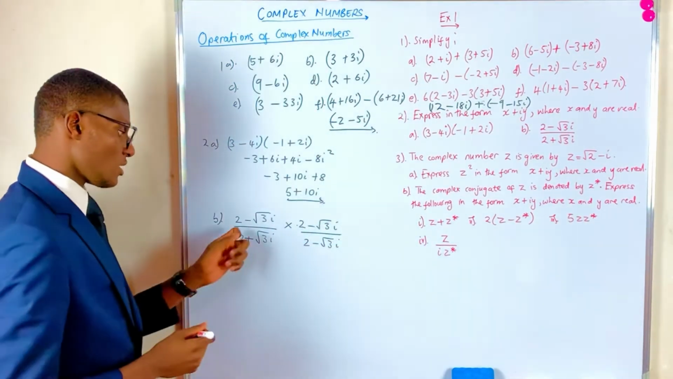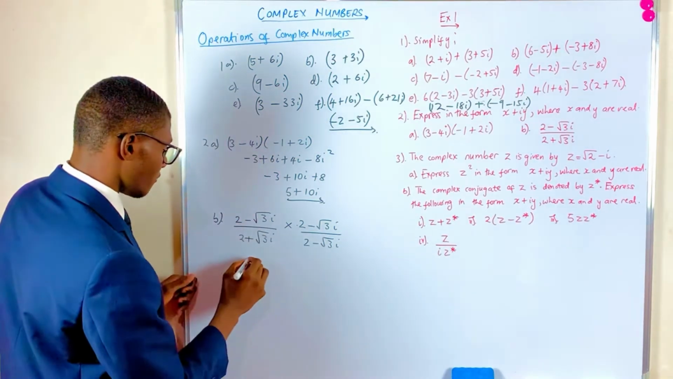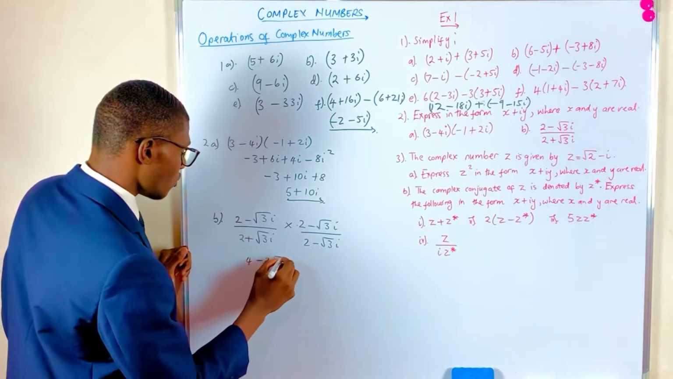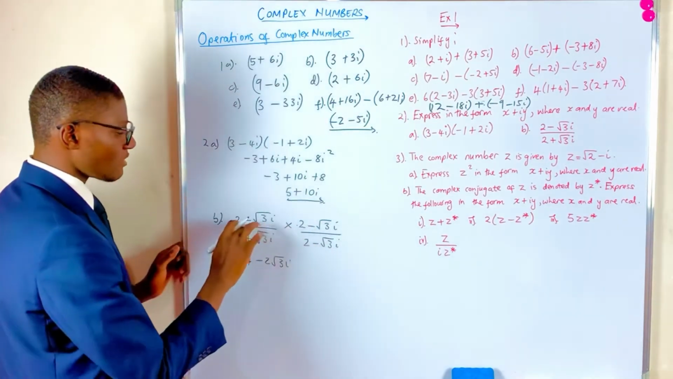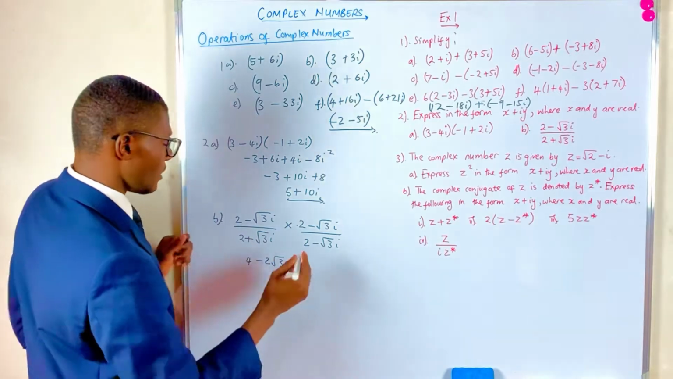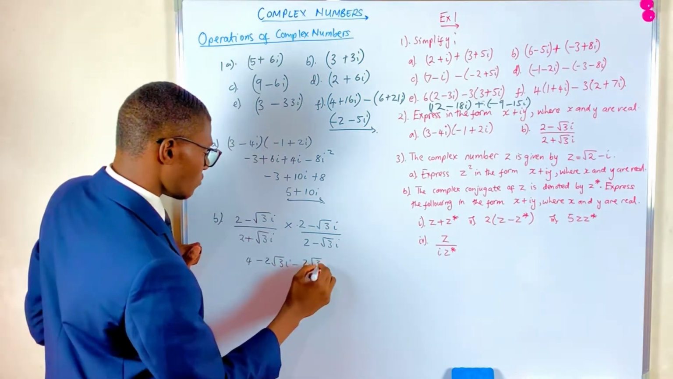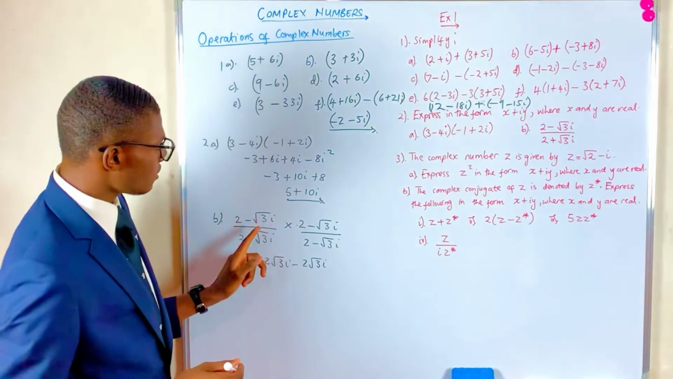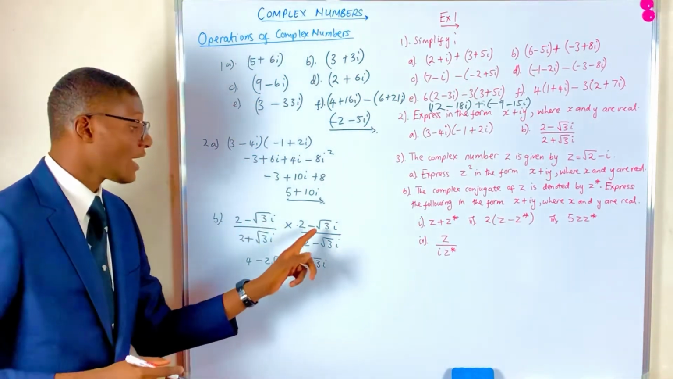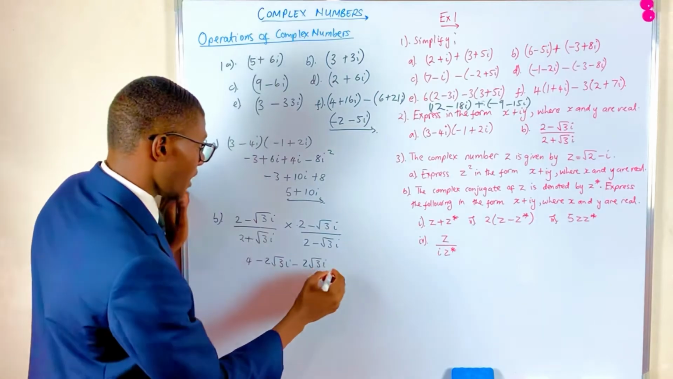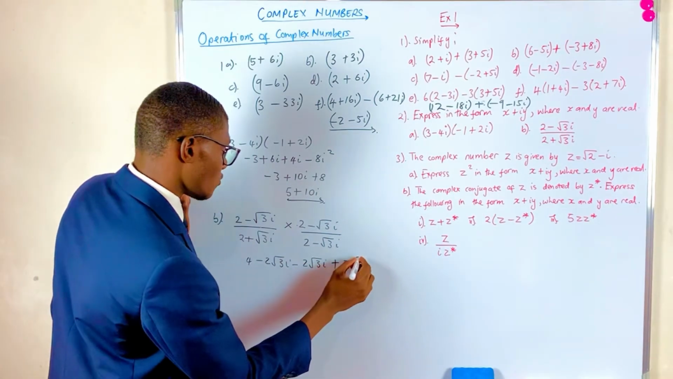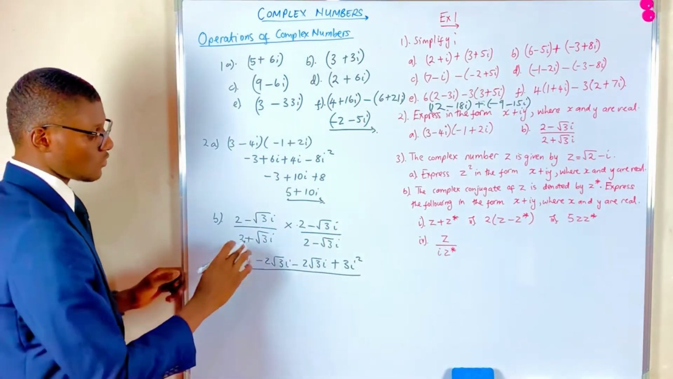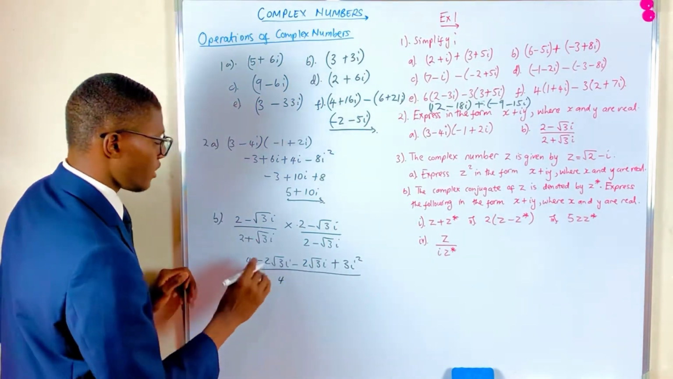And of course, if we say 2 times 2, we get a 4. 2 times minus root 3i, we get minus 2 root 3i. Then 2 times minus root 3i, we get a minus 2 root 3i. And then minus root 3i times minus root 3i, we get a plus 3i squared. Then this is over, this being difference of 2 squares, 2 times 2 we get a 4, and then